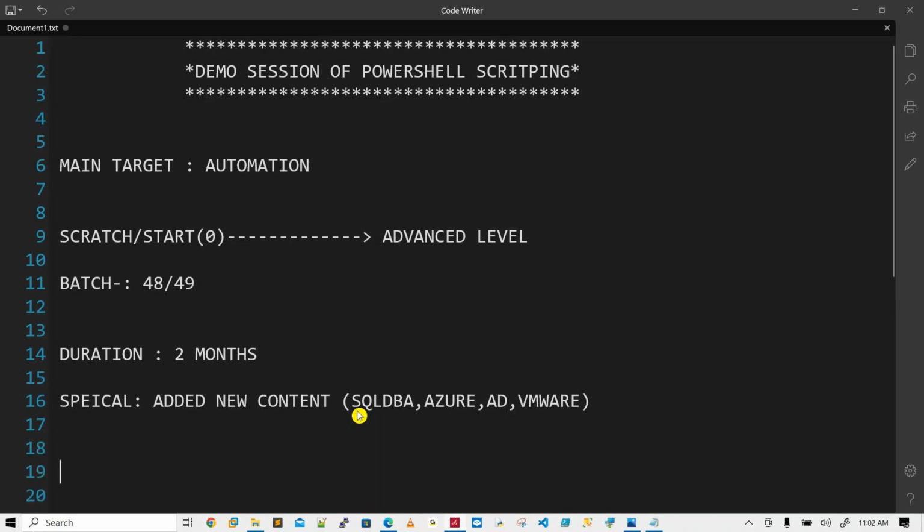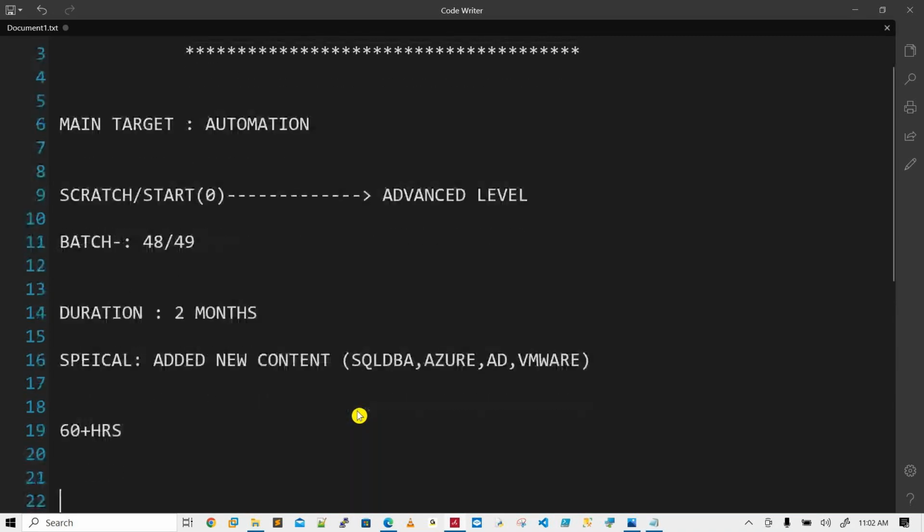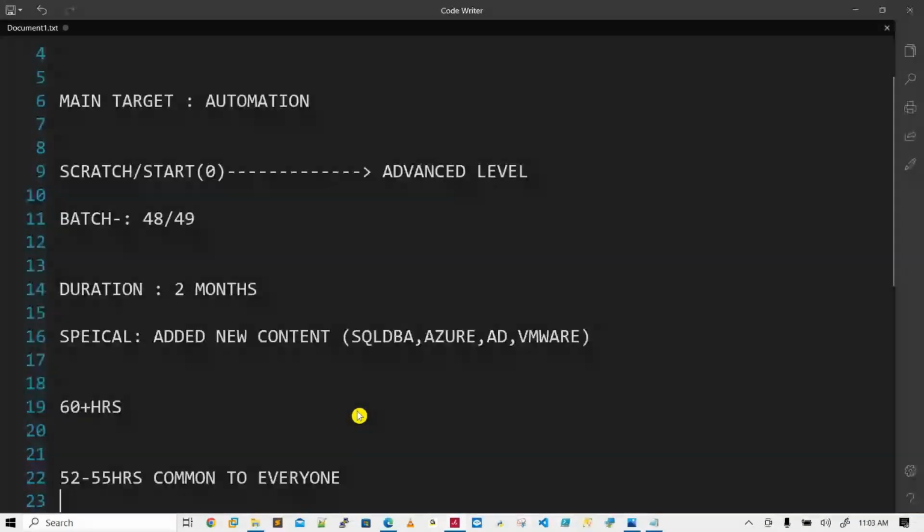Out of the 60 hours of training, 52 to 55 hours are common to everyone. You don't think about your technology on day one, and on day 52 also you don't. These concepts are common for any tech. If your requirement is PowerShell, or you are going to implement on Azure, or on SQL DBA, fine, that is your ultimate target.